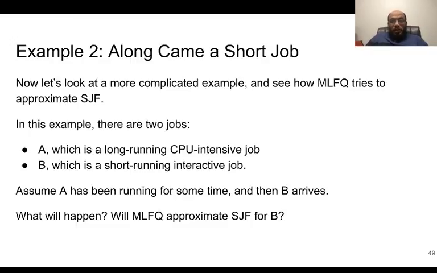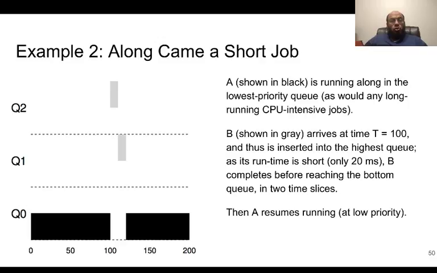So let us continue with example 1, just make it a bit complicated and call it example 2. Suppose that now A, which is a long-running CPU intensive job, gets a new job arriving. B, which is a short-running interactive job. We don't have any clue how long B will be, because MLFQ does not make any assumptions on how long a job will run. So it will start at Q2, because this is the highest priority queue, basically thinking that, well, it might be a short job, so I start at Q2